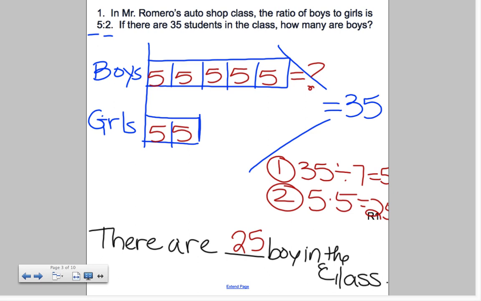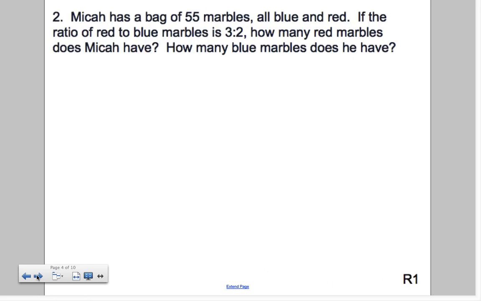Can we skip to day 2? Do you think we need to do another day 1, or do you think day 2? We can go to day 2? Okay, let's go to day 2. So let's flip that paper. Obviously, I have those, so